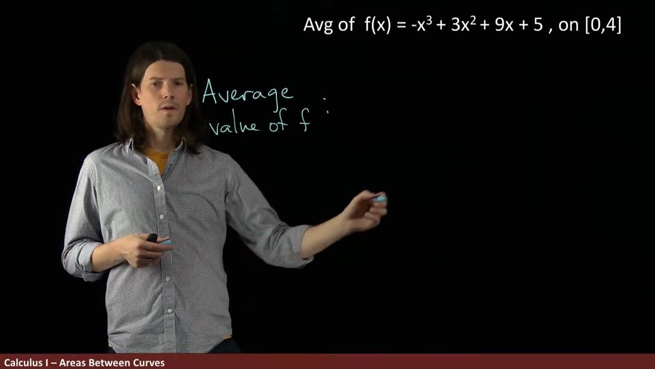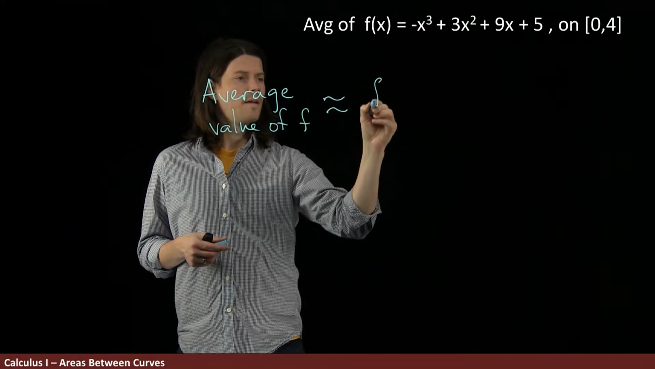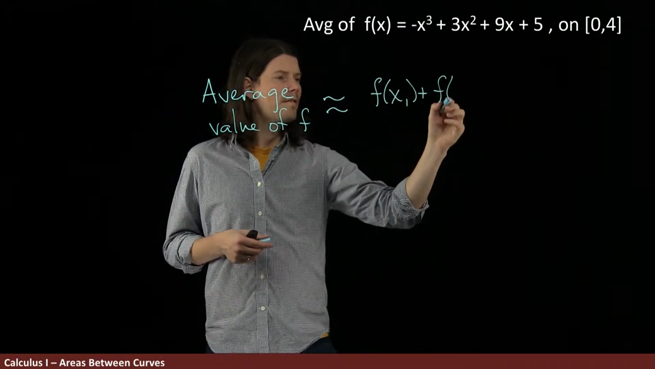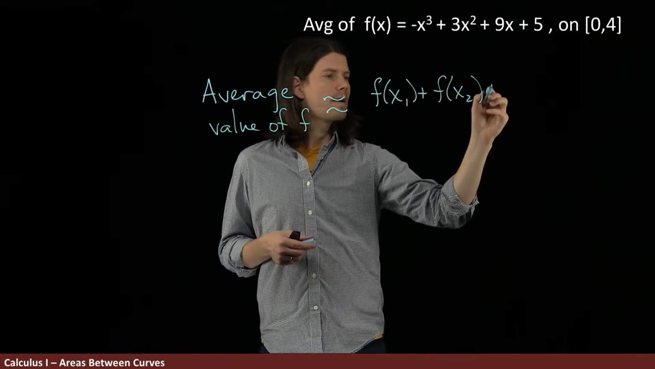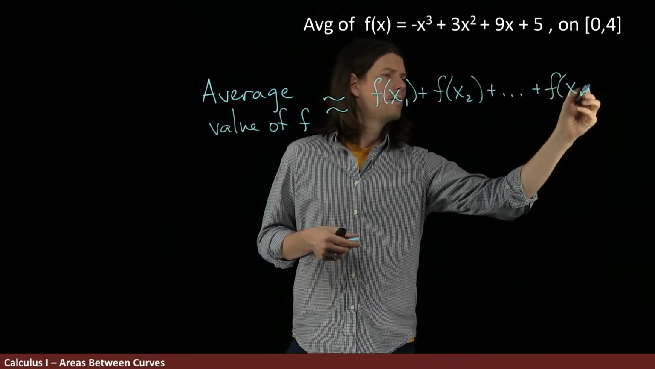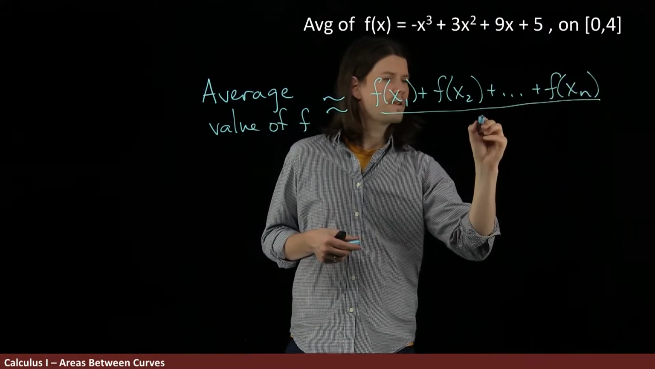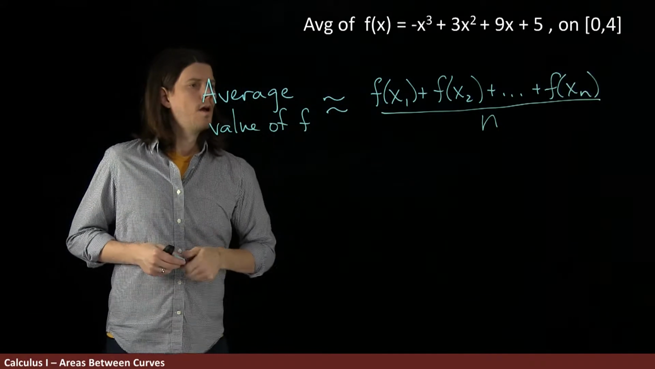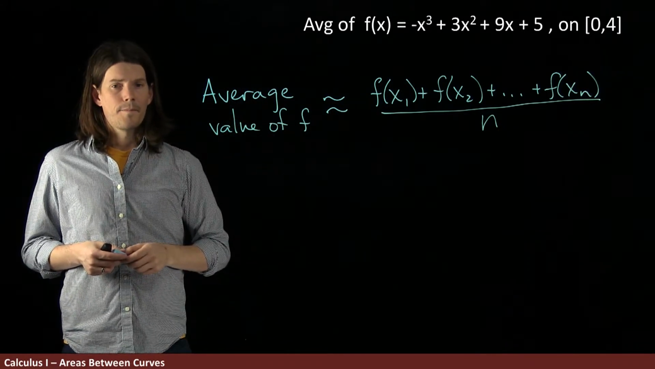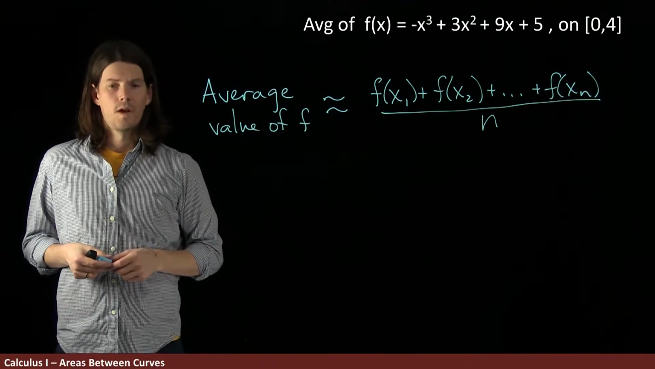So my average value of f would be estimated by a sum of as many function values as I like, and then just divide by the total number of function values I used. So this x1, x2, so on up to x sub n, these would be all values within the interval 0 to 4. So we might try,